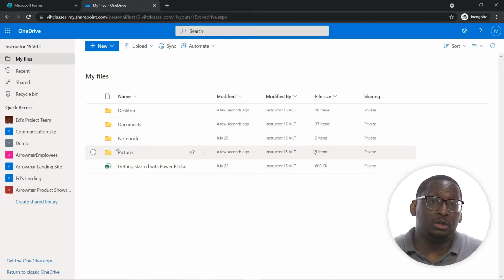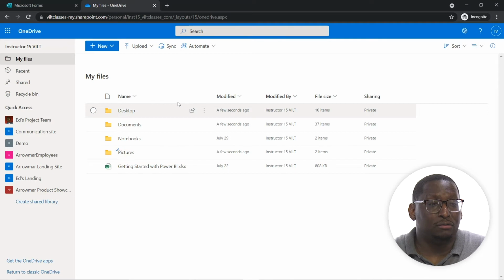One of the learning curves in using OneDrive is getting people to save stuff into OneDrive. A quick tip that you can use to help with that is taking the OneDrive folder and putting it on your local computer in Windows Explorer. Now, oftentimes when OneDrive gets set up for you, this might happen automatically. Your IT might do this for you. But if you're doing it on your own, or maybe that didn't happen, a quick way to do that is